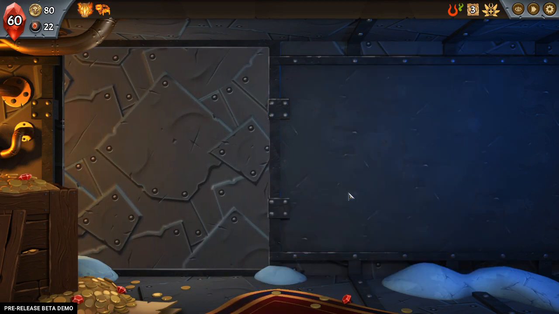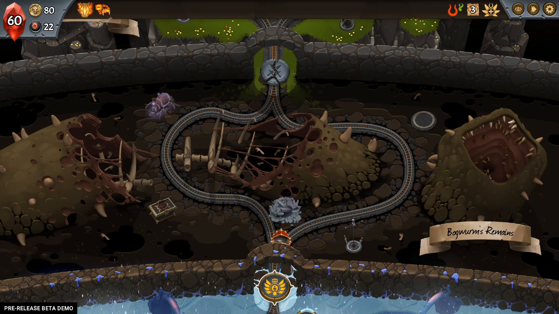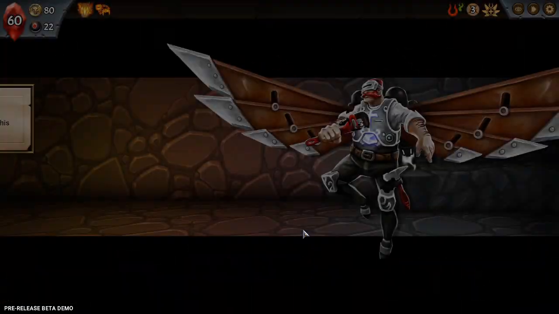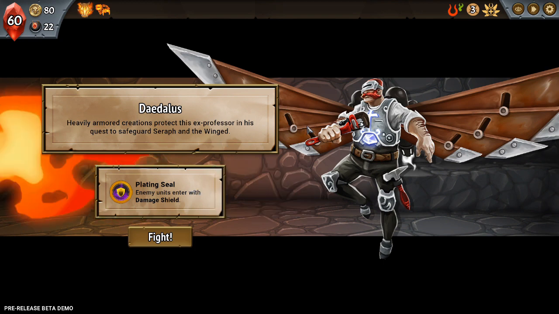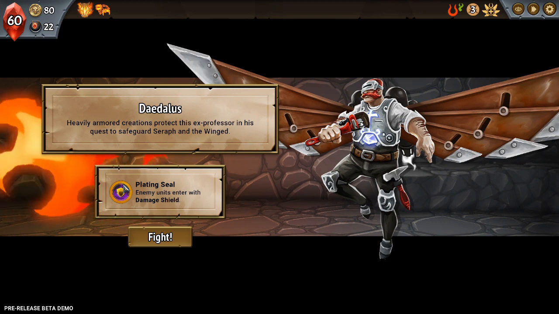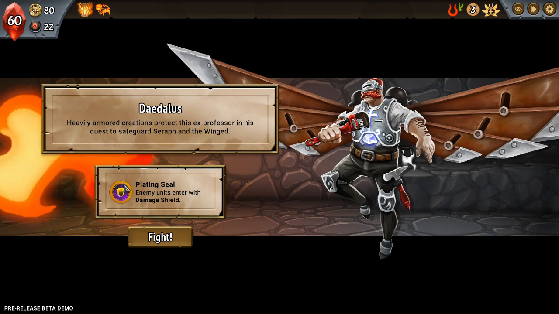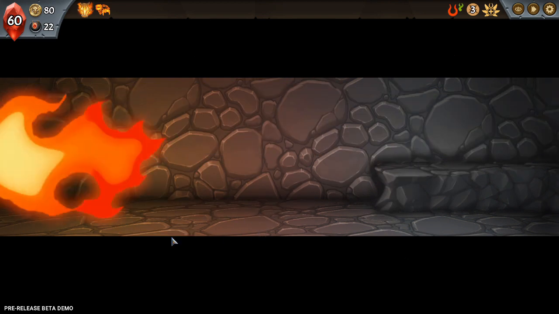Because bosses we can prepare for, but cards that can instantly kill a non-boss unit are great. And we're going to face Daedalus, the first, I don't want to say true boss, but you'll notice that we don't have our difficulty changer on, and this effect will change every time. So we have Plating Seal: enemy units enter with damage shield. Much like we have damage shield, they'll absorb the first hit. You have to prepare for this by